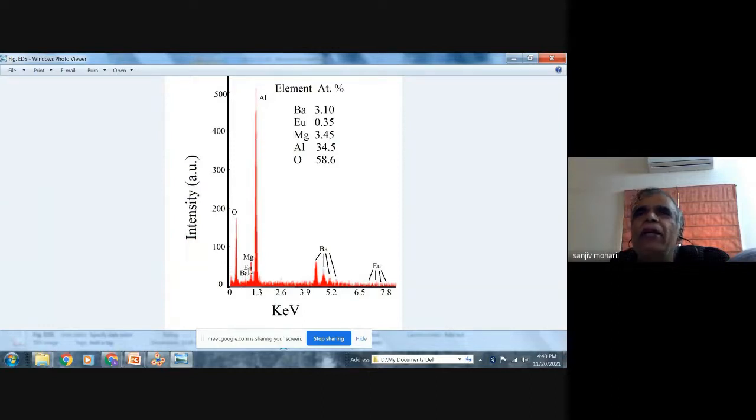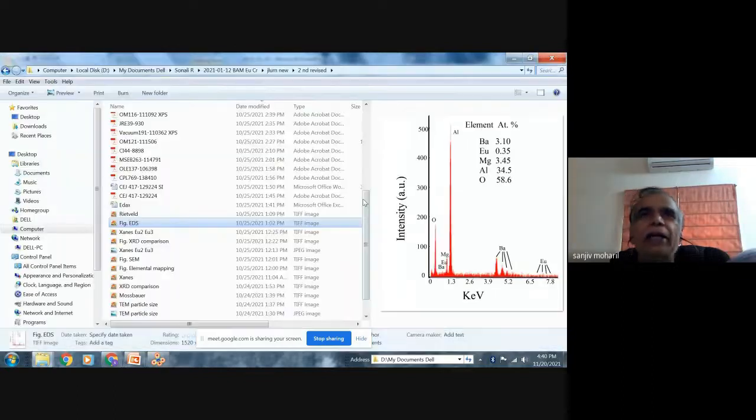For example, I get here, this is the aluminum, this is oxygen, this is magnesium, this is barium, this is europium. So the compound I tried was BaMgAl10O17, and then this is the atomic ratio. So this ratio matches fairly well with the formula BaMgAl10O17.